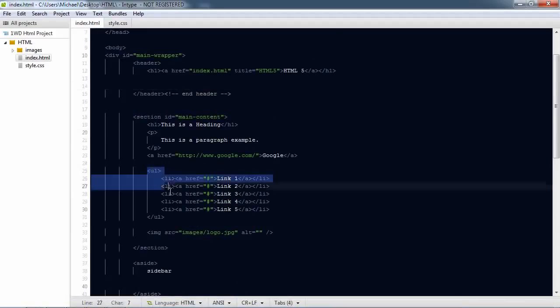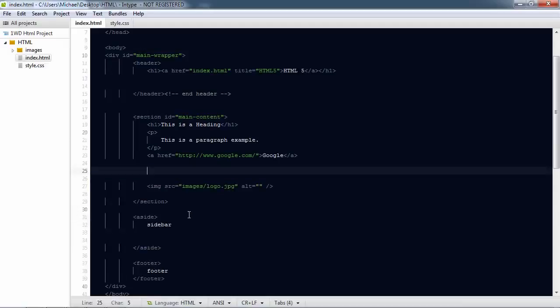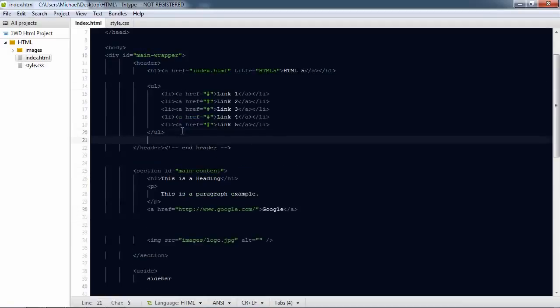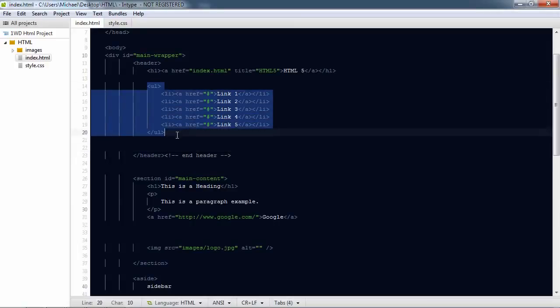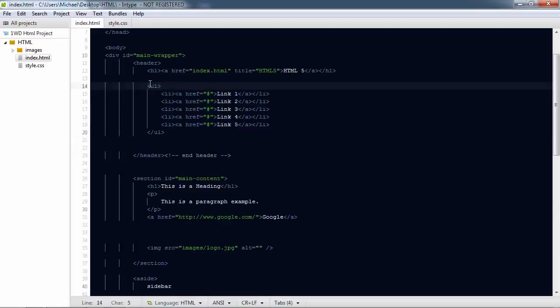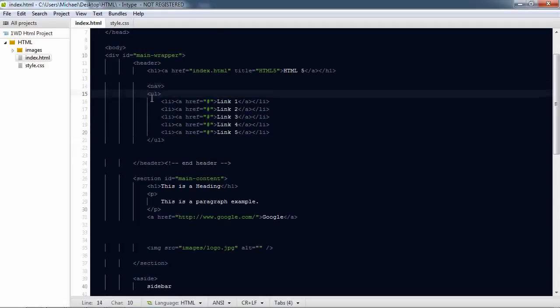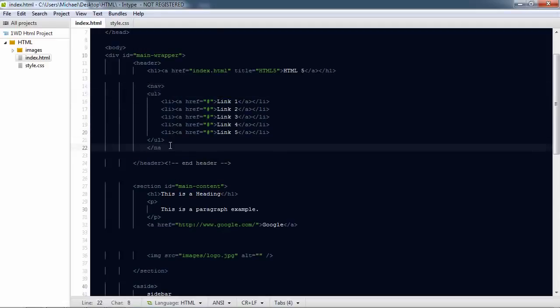So let's just copy or cut this, then paste it right over here. In HTML5, they've created a special tag for navigation, which is nav. So by just opening the nav tag and closing it,